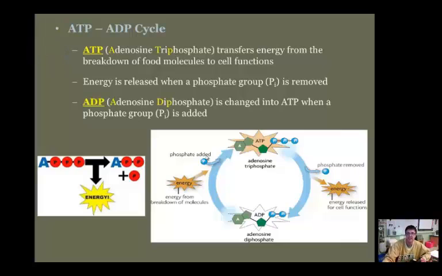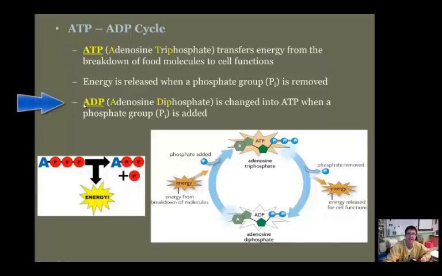ATP is cell energy. That is the only type of energy that our cells can use. It's like going to a bank. If you're trying to purchase something, you have to have money. If you have something else, that transaction's not going to happen. Well, the energy we take into our body has to be converted into ATP. If it's not ATP, our cells don't know what to do, our cells don't have energy, and our cells will not function.